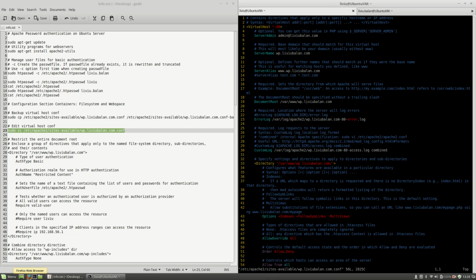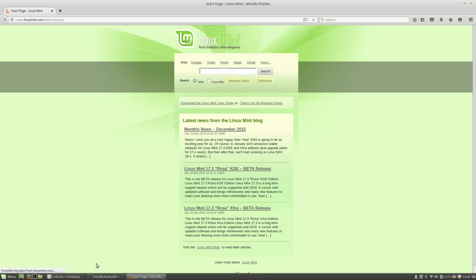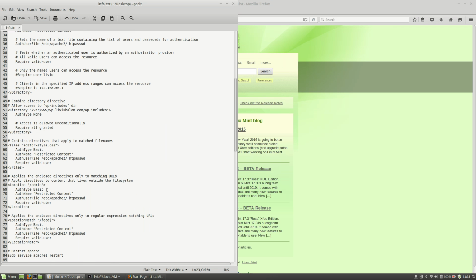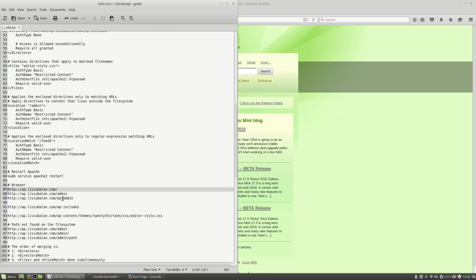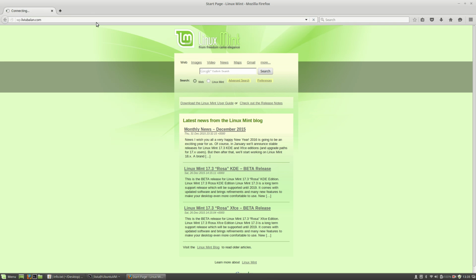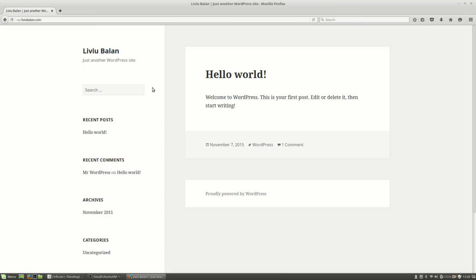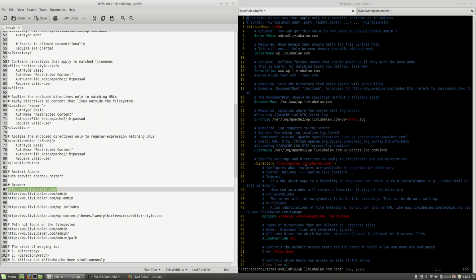and before doing any configuration changes, I will open a web browser, and inside of this browser I will open the following URL: wp.liviubalan.com. And as you can see here, I'm having a regular WordPress CMS,